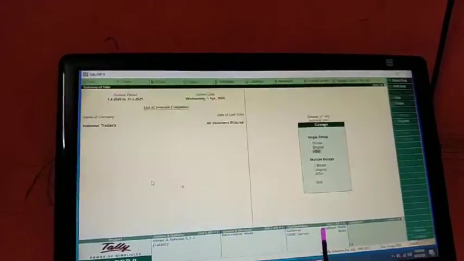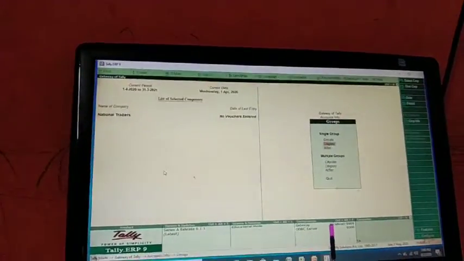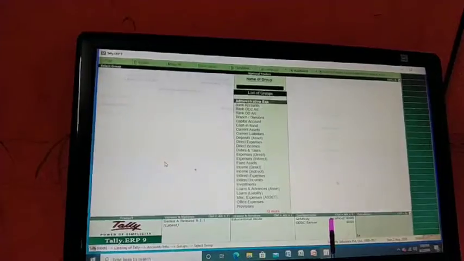Under the display option you cannot delete, you have to go to the alter option. There you have to press Alt and D together. It will ask delete yes or no, press yes. So in this way we can delete any groups or ledgers. Alt plus D.